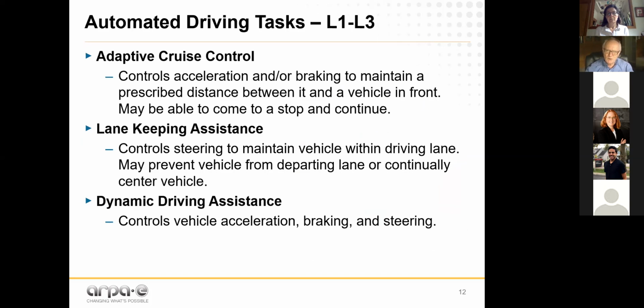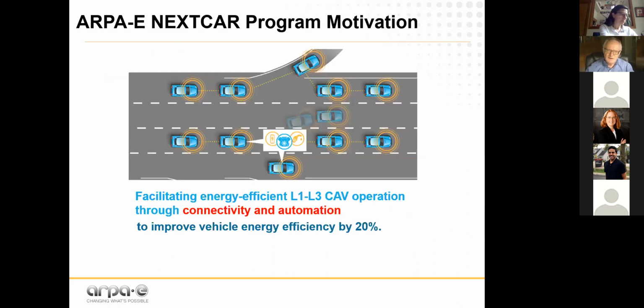In terms of L1, L2, L3 sorts of vehicle driving tasks, you can think of things like adaptive cruise control, traffic jam assistance, lane keeping assistance, dynamic driving assistance. Again, many of these technologies are available today. So again, the motivation behind NEXTCAR was using those low levels of vehicle automation and connectivity to improve vehicle energy